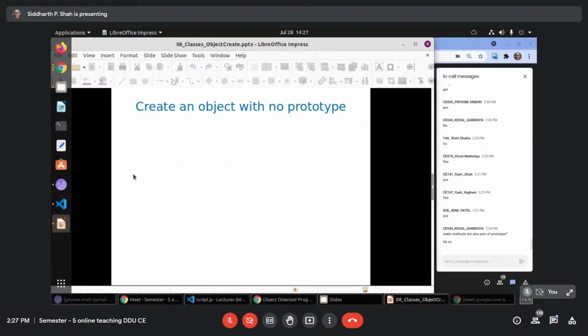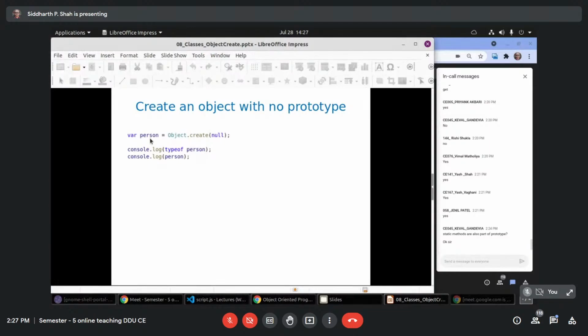So let's create an object with no prototype. See, you can do something like this. I create one person object with Object.create by passing null, so that no prototype will be attached to this person object.